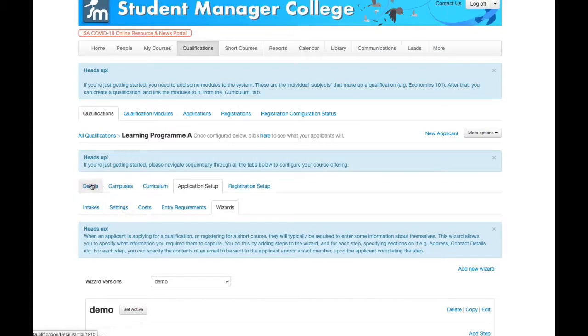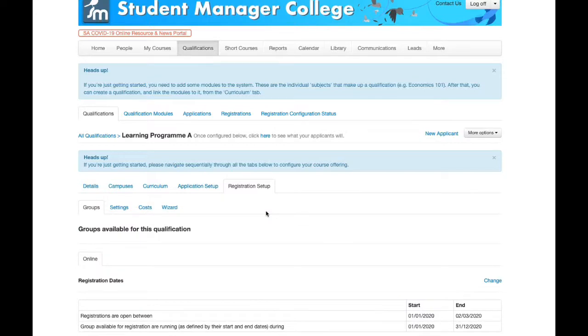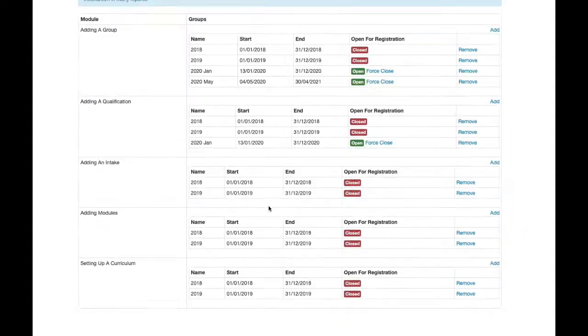So now we have set up the curriculum, we've set up an intake, and we now have a wizard so that when someone starts an application, they can fill in certain data, and we have certain rules for completing that particular wizard. We can now make sure that when they get to the registration phase for this qualification, everything is set up. So now you'll see that I